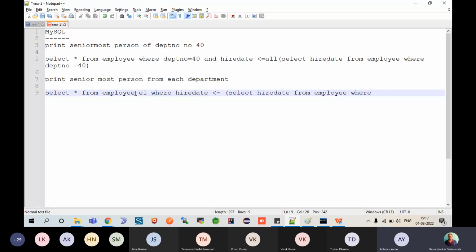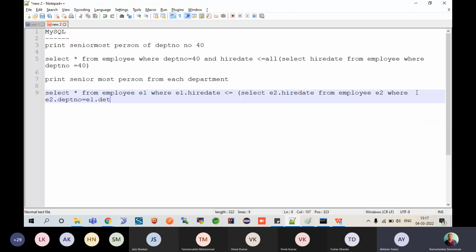We will tell the server to give a preview name, where E1 dot hire date is less than or equals to select E2 dot hire date from employee E2, where E2 dot department number must be equal to the first record E1, what you are bringing the comparison from,